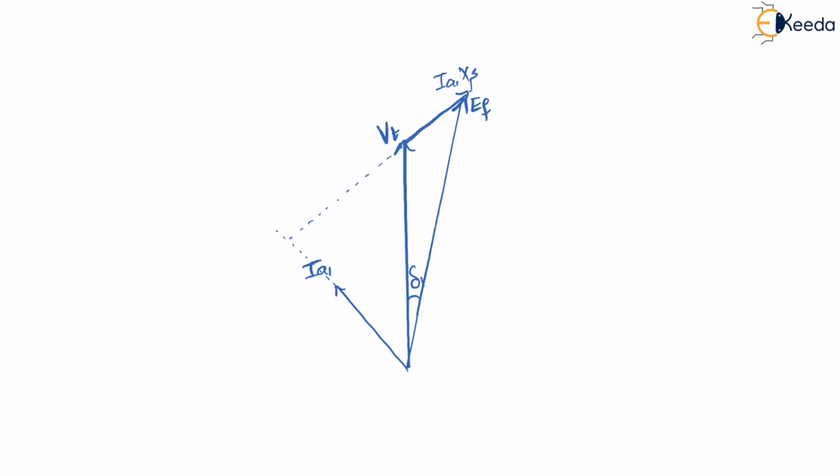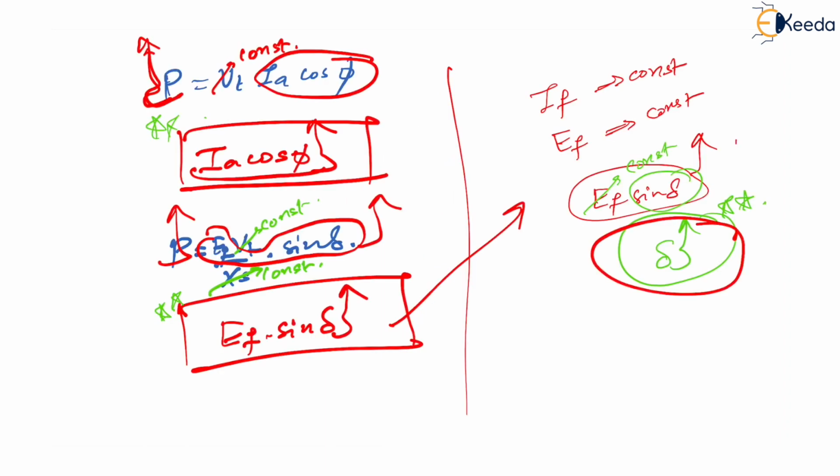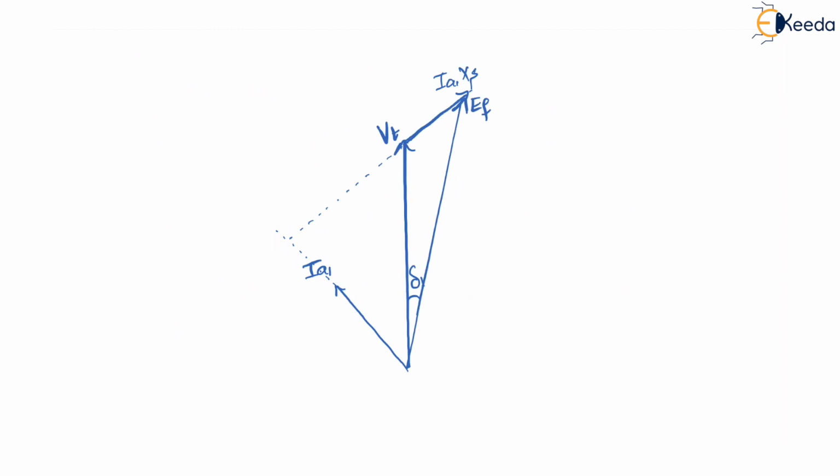Now EF is constant. That is the reason I am not saying that it is EF1 or EF2 and stuff like that. Anyways, next is what? EF is constant. Now we know that when you are increasing power, delta is to be increased or not? Yes. So let me consider that I am increasing delta further to, let us say here, this is delta 2 for example, correct. So if I increase it up to here, then the same length EF I will have here in this direction. EF will be of the same length, just that delta is changed. So this is EF only.